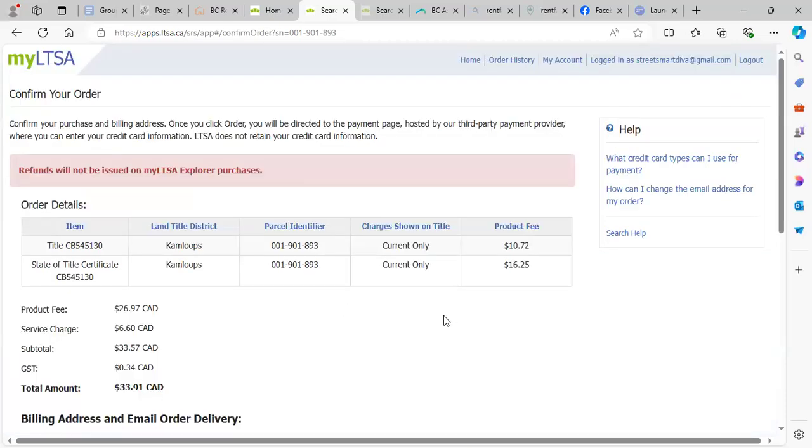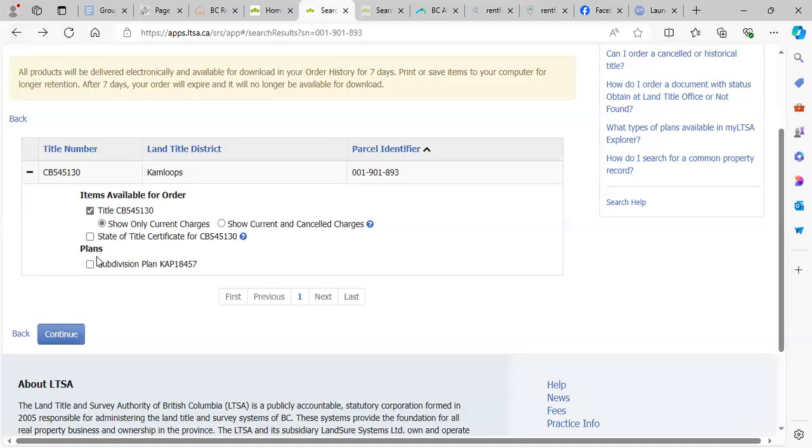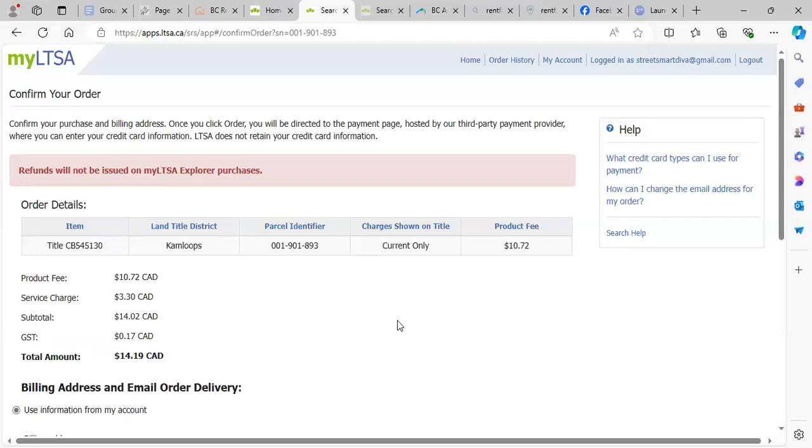And then continue. So just the simple title is $10.72. But if I want the state of title as well, it's an additional $16. I'll talk about that at another time. But really, actually, all I want is the title. So I paid $10, and then what'll happen is it'll send me a PDF of the whole title of the